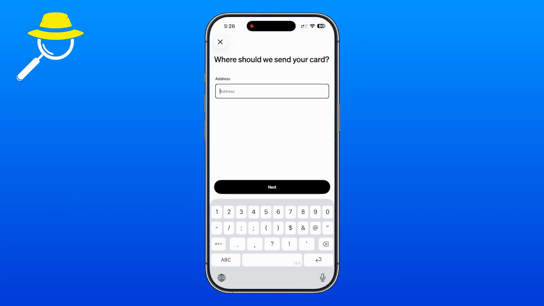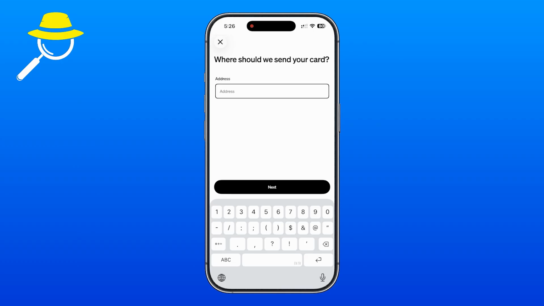Once the order is completed, Cash App will create a virtual card that you can start using right away while you wait for your physical card to arrive in the mail. Then, after receiving your Cash App card, you can activate it directly in the app and use it for everyday purchases, ATM withdrawals where available, or add it to a supported digital wallet for contactless payments. The Cash App card also gives you access to additional features within the app, including eligible discounts and offers through